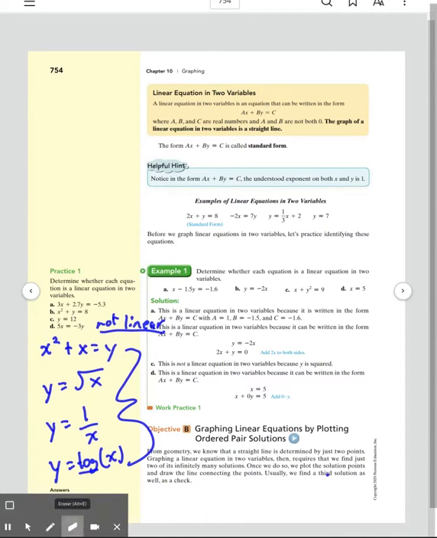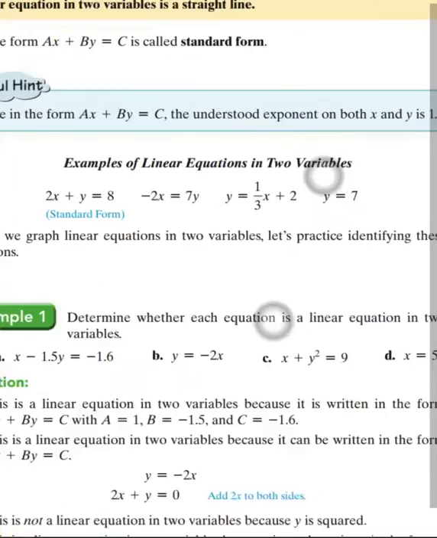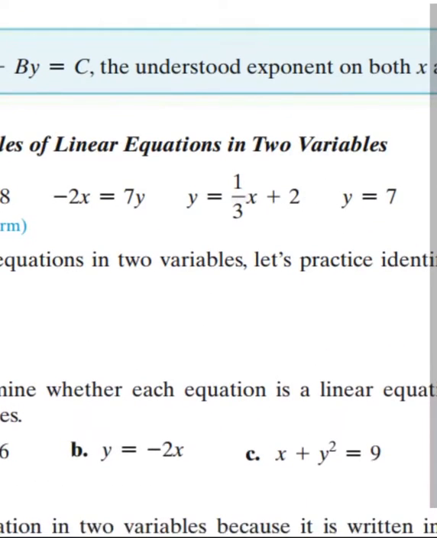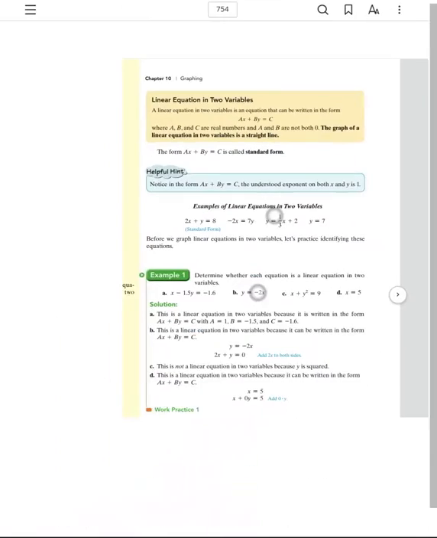Now, don't get confused because if we look at something like this one right here, that has a 1/3 x. But notice the x itself is not in the denominator. Like that other example I gave, I said 1 divided by x. That's different than 1/3 x. 1/3 x means 1/3 of x. If it said 1 over 3x, that's different. That would be something called a rational equation. So if I did an example like that,